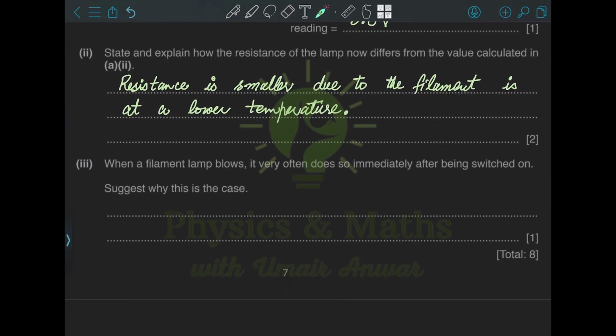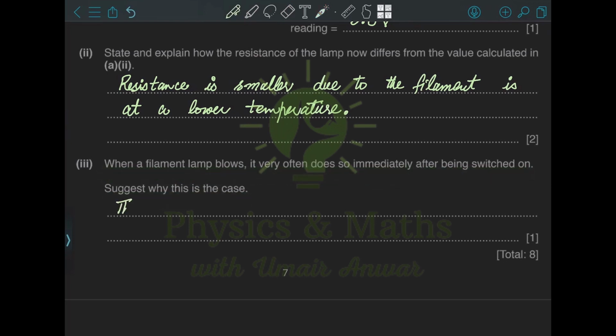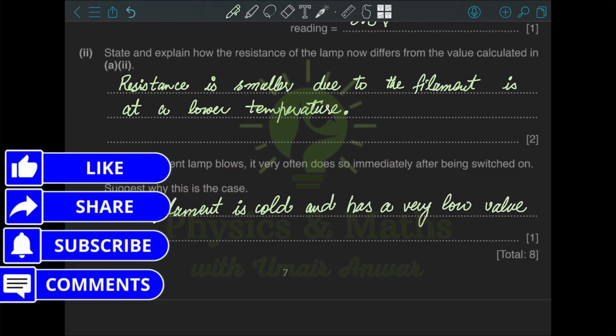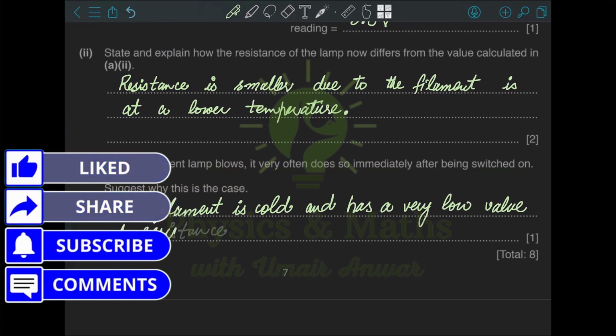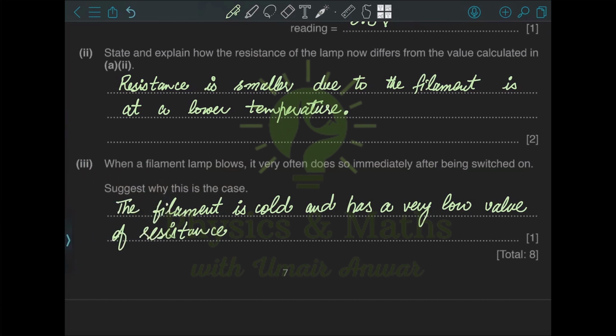The last part says when a filament lamp blows, it very often does so immediately after being switched on. Suggest why this is the case. The reason for this is that the filament is cold and has a very low value of resistance. So initially when it was switched off, the temperature was very low for the filament,